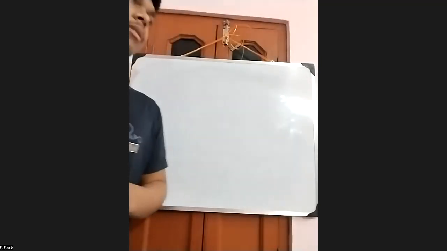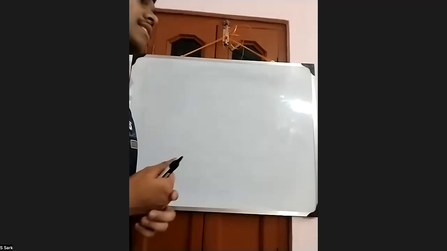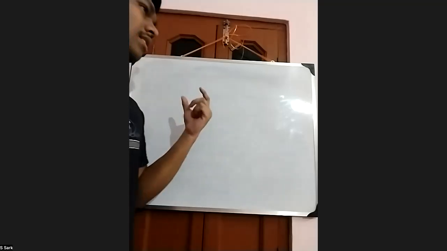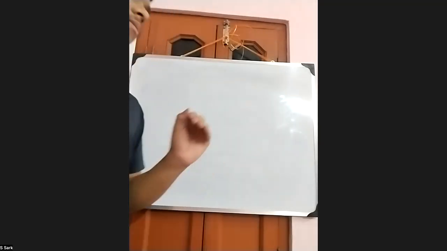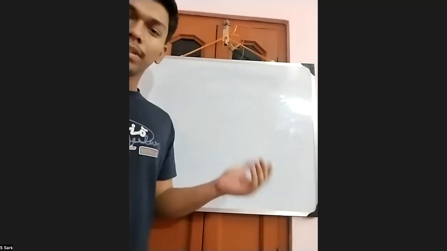And in chemical equilibrium, we are saying that chemical equilibrium is a state where in a chemical reaction, the forward rate of reaction and the backward rate of reaction are equal. When the forward rate and backward rate are equal and the change in concentration of the reactant becomes constant, then the state is called equilibrium.